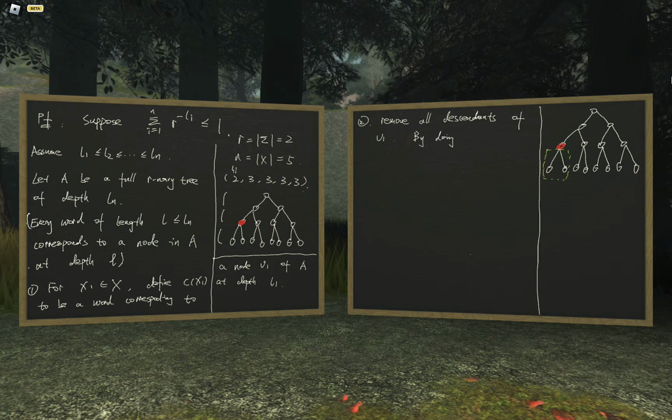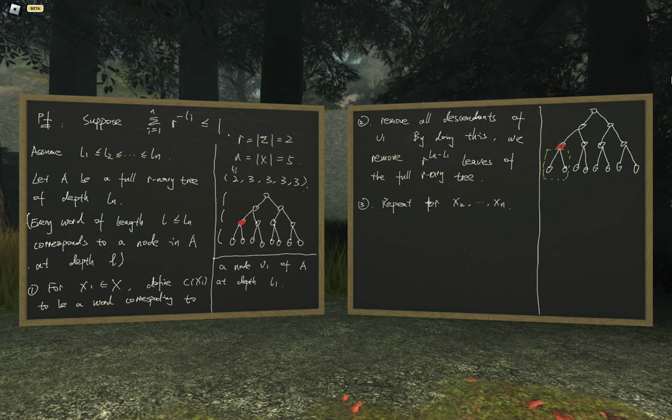By doing this, we remove r to the power of ln minus l1 leaves of the full r-ary tree, right? Yeah, then we repeat this procedure for x2,